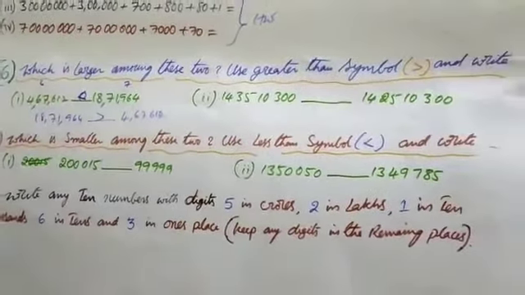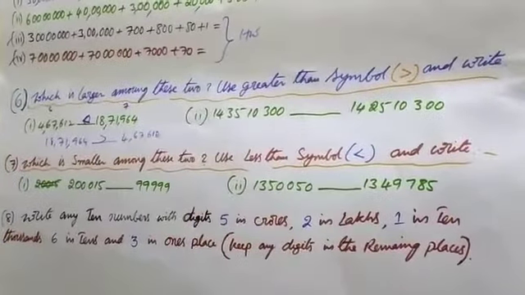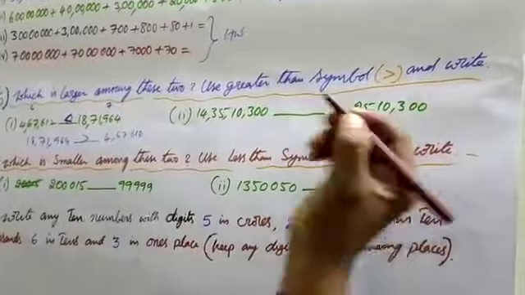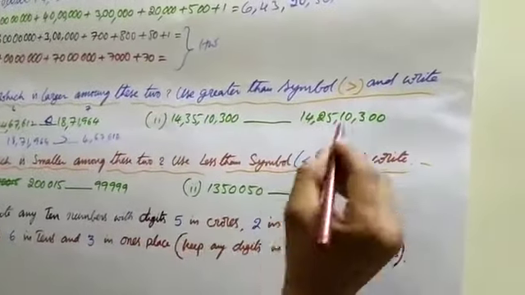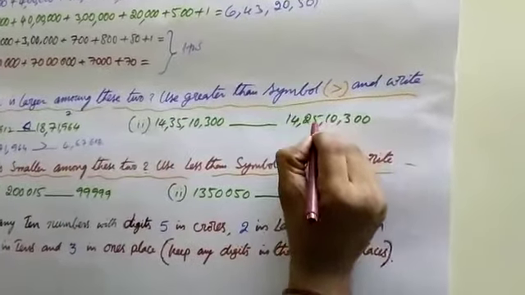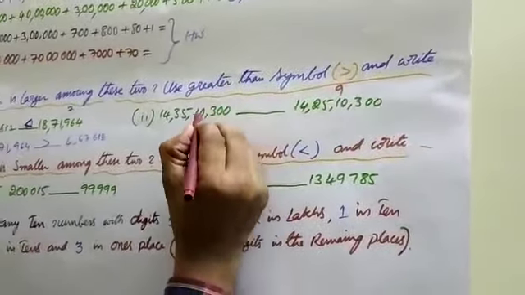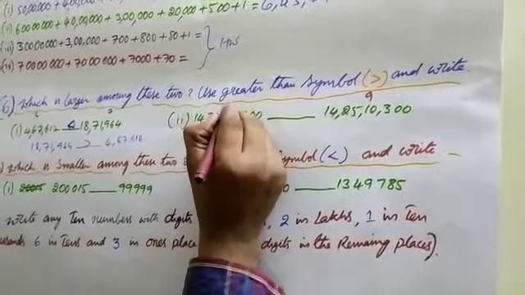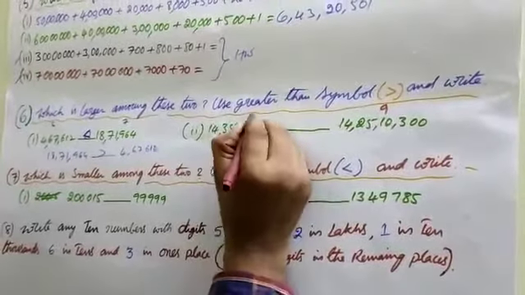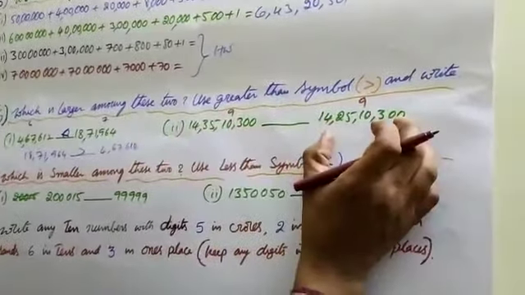Next, go to second, C. First of all, divide the number with commas. This is like. Also, this is like. 1, 2, 3, 4, 5, 6, 7, 8, 9 digit number. 1, 2, 3, 4, 5, 6, 7, 8, 9. This is also a 9 digit number. Here is a 9 digit number.